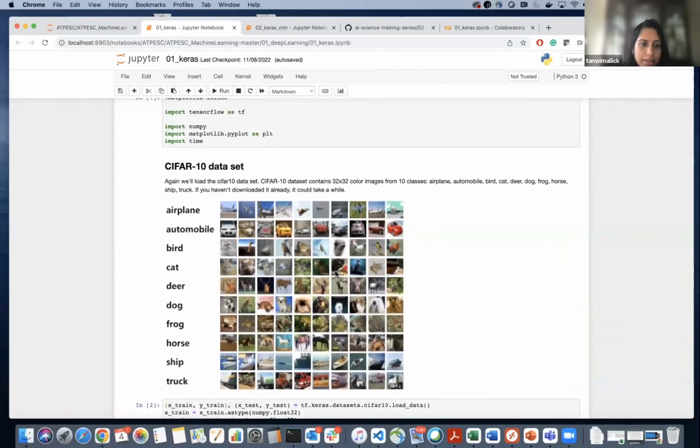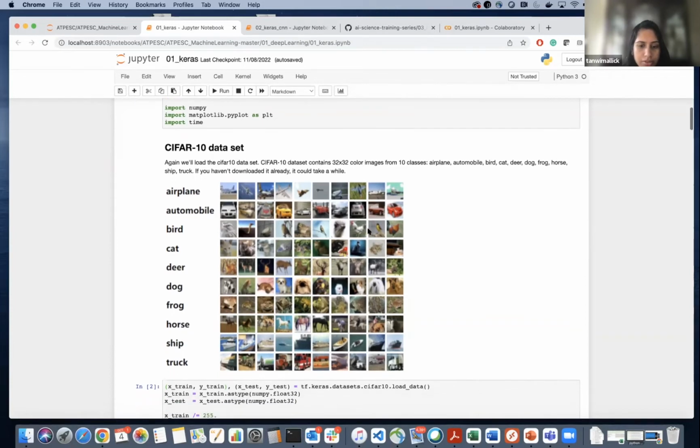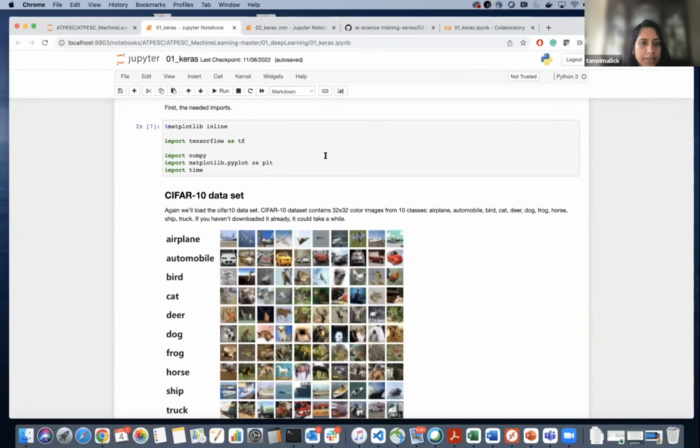In this dataset, we have 10 different classes, as you can see here in these images. These are aeroplane, automobile, birds, cats, and so on and so forth. Each of these images is 32 by 32 in dimension. These are color images, so they have 3 channels, RGB. I'm going to show you what these channels look like. For that, first